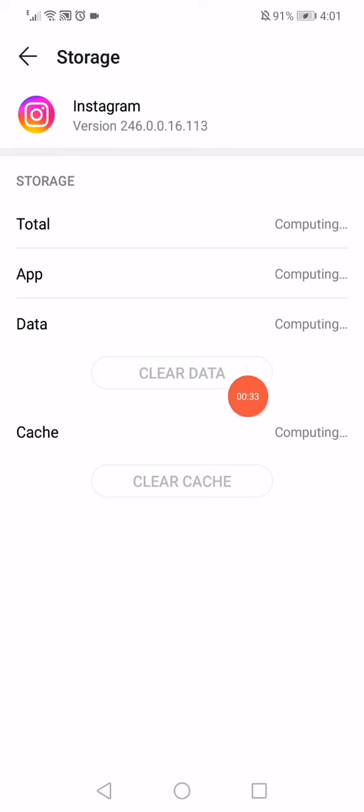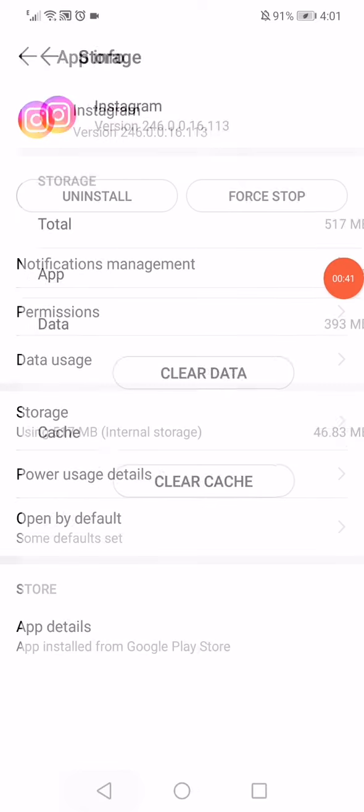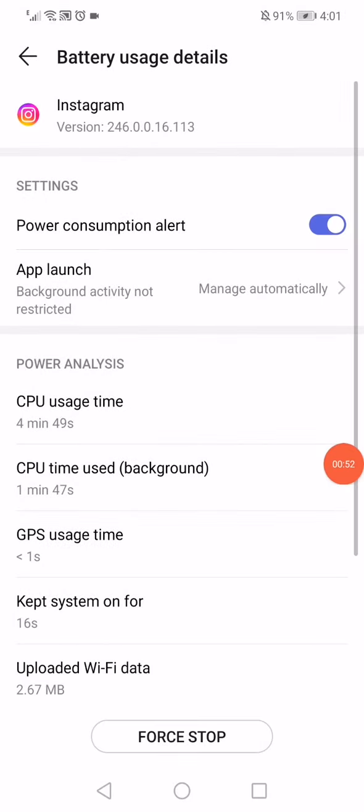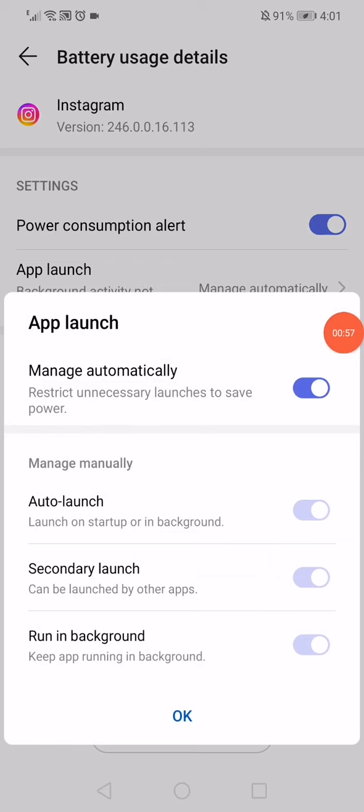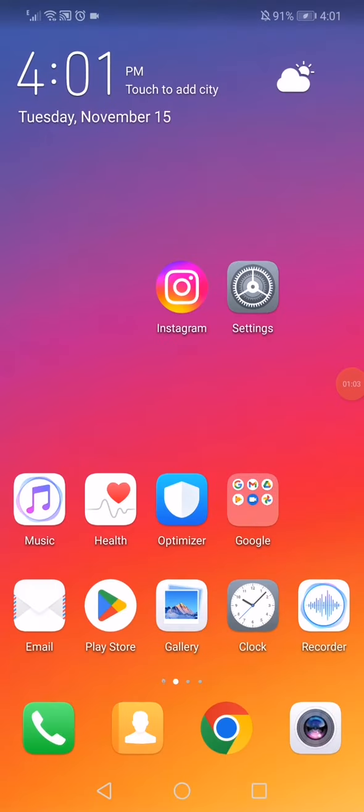Now wait a few seconds, it will start computing, and after it finishes, click here on clear data, go back, click here on this option, it's called force stop, and then the last step you have to do is click here on power usage details and make sure to this app launch option, click on it and choose manage automatically and enable it. Now all what you have to do is restart your phone and